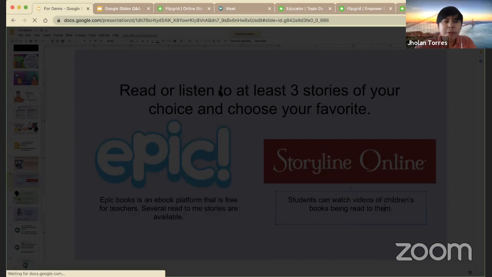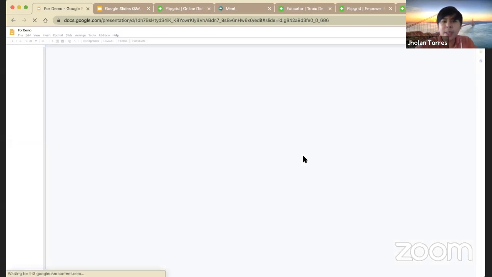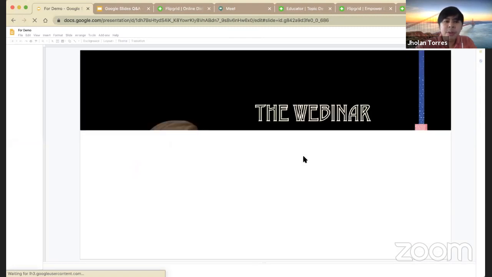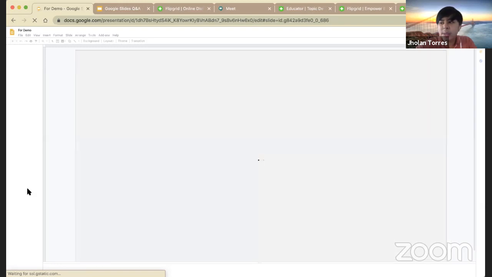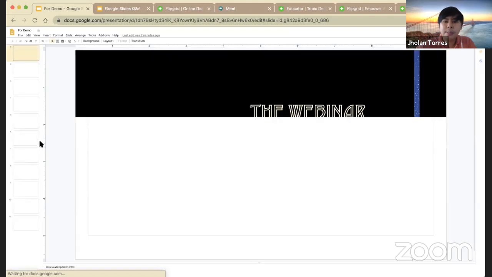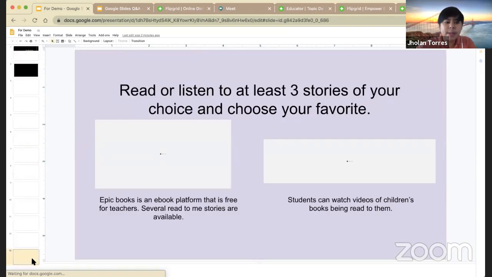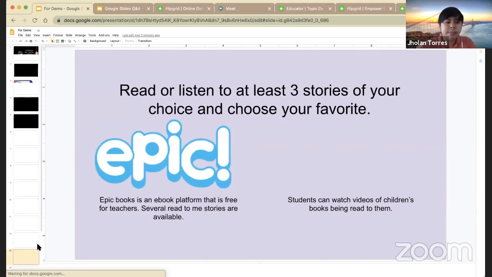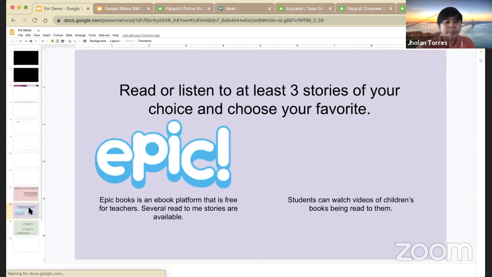Actually, this one, if you're really familiar with Microsoft PowerPoint, it's very easy for you to use Google Slides. Let's explore it a little. So actually, it's good to use because there is collaboration between the teacher and the students or teacher to teacher. You can create your presentation at the same time or at your own pace. So you can use it. So here it is.